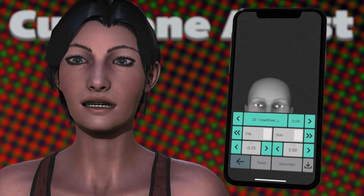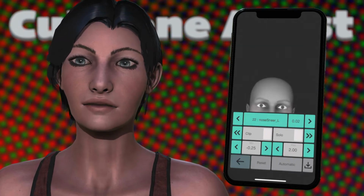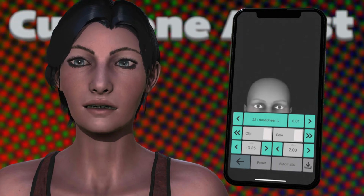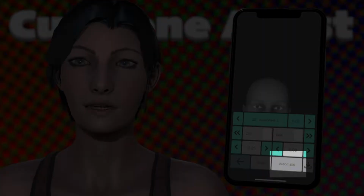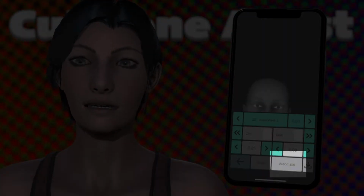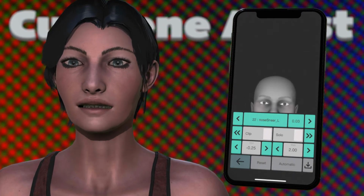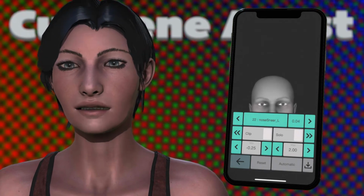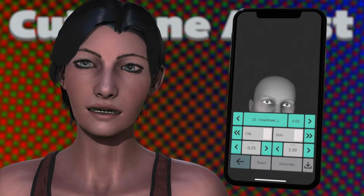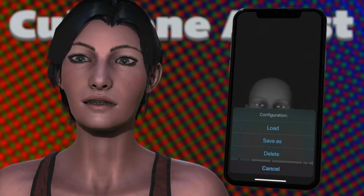In the configuration panel, there's a couple of buttons. There's this automatic button, and that's the one that resets all the settings to read as 0 when you hold your face still. So you just hold your face still, you hit the automatic button. I'm not going to do that now because it's going to reset everything. But also next to it is this configuration importer exporter,